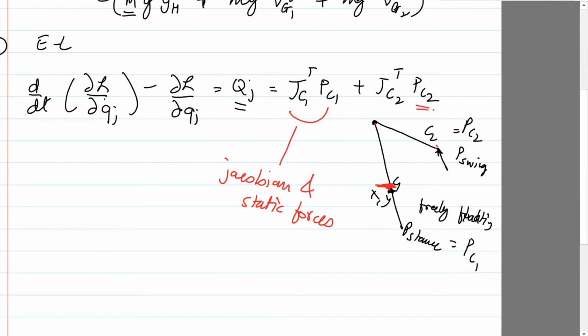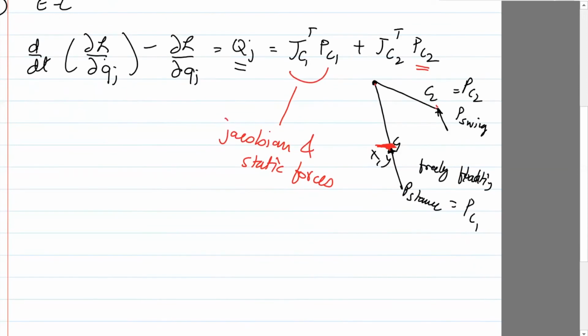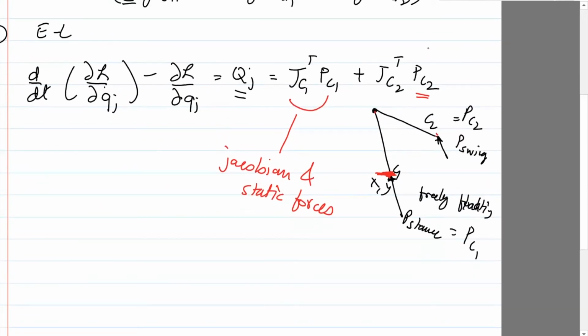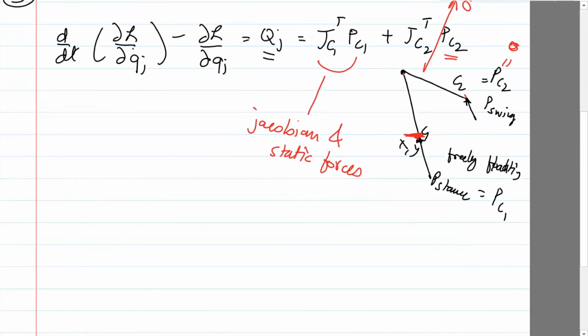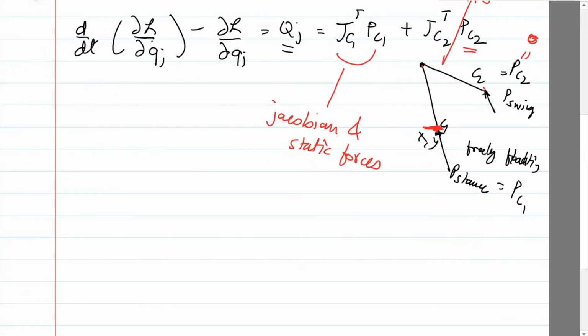but PC2 actually is 0 because the swing leg is not acted upon by a force. I just put this to make it very generic. Okay, so as I said, I just put this to make it generic. This is actually 0 because PC2 is 0. There's no force on the swing leg. However, there is a force on the stance leg, so I need to enforce that. So when I do this calculation for